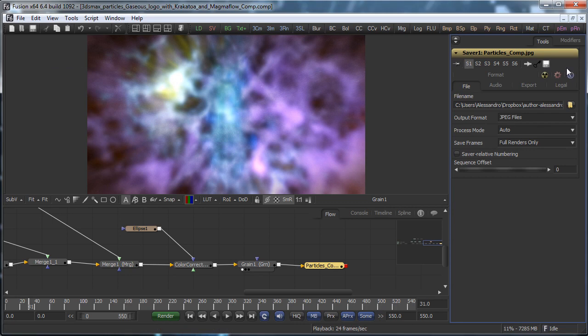So it was a really simple approach to see how to control a lot of stuff like particles, creating a cache with the PRT, rendering with Krakatoa, and how to adjust and avoid the grain problem inside Fusion. So it was really complete. We also saw a sneak peek of Magmaflow to control the colors and the density of the particles. So it is just the beginning, because we'll see really soon how to use Magmaflow to do some more complex stuff. So for the moment that's all,